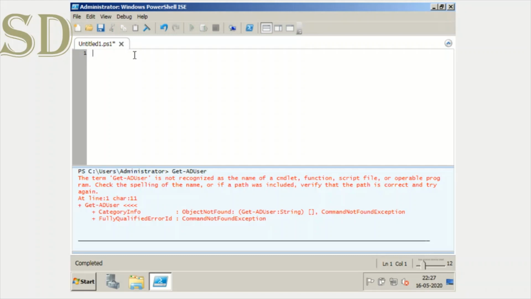So what I need to do is install some PowerShell libraries for AD, for Active Directory. If I don't install that, it will not allow me to run any kind of AD related scripts. So I'm going to do that.